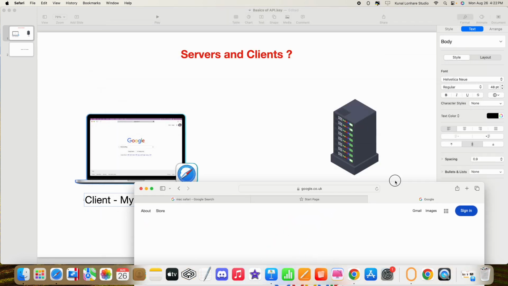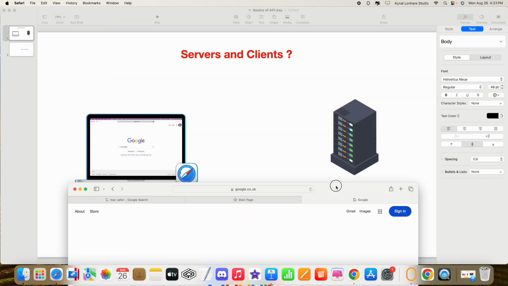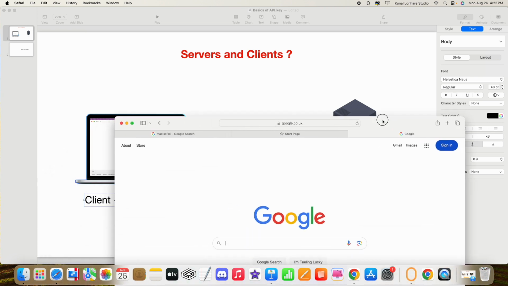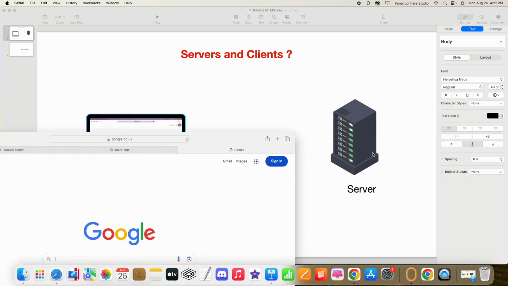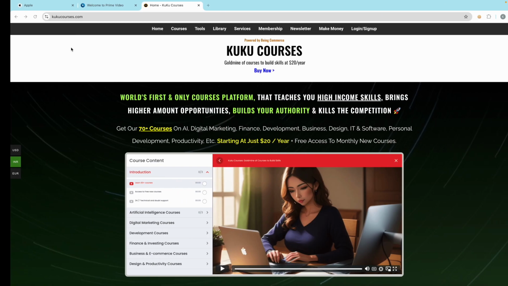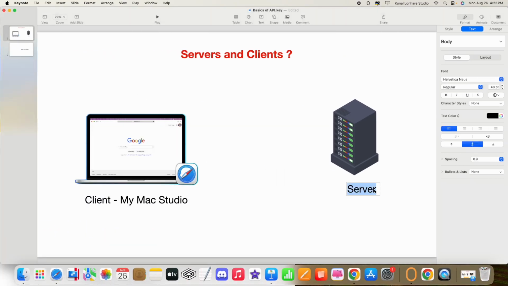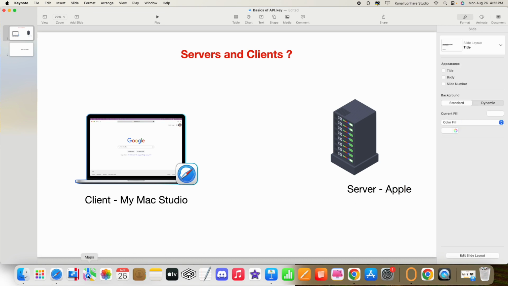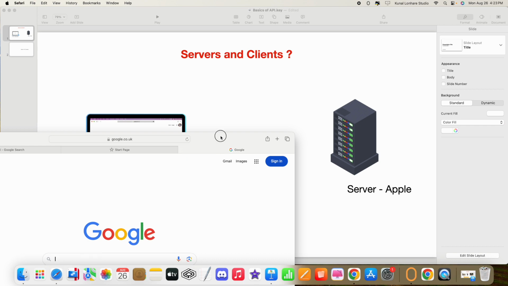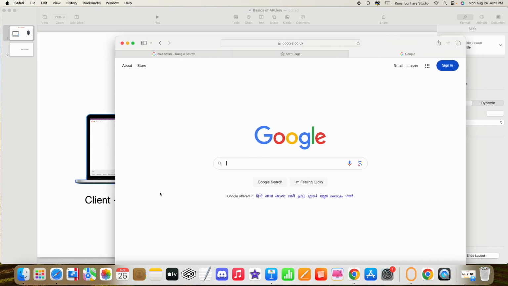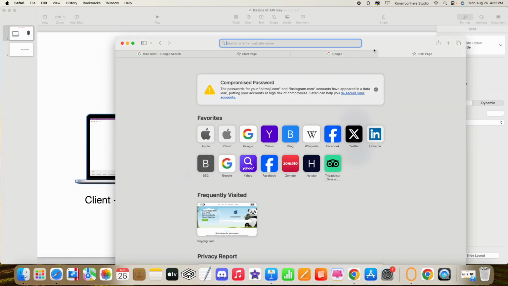Now what I want is to access a server. Suppose I want to visit the Apple website. Apple has their own server, so I want to access the Apple server. What I am going to do is very simple. I will just type in the browser, let's say